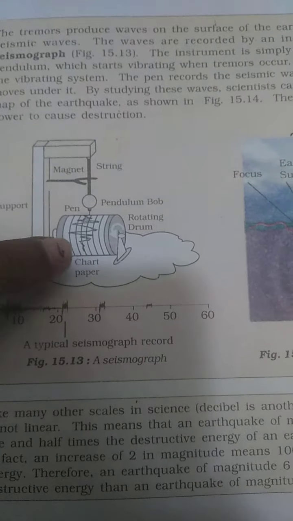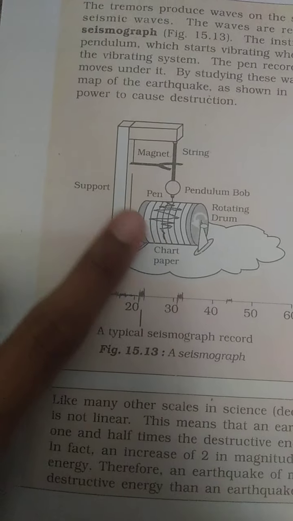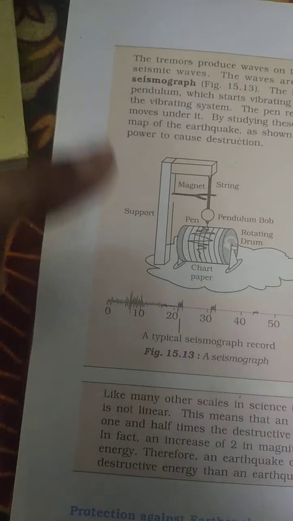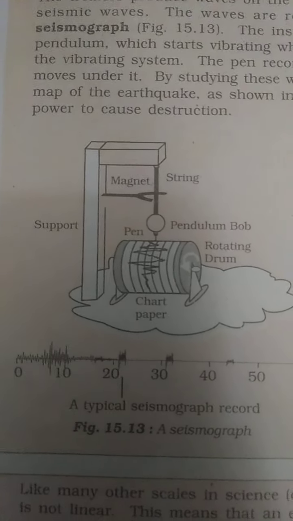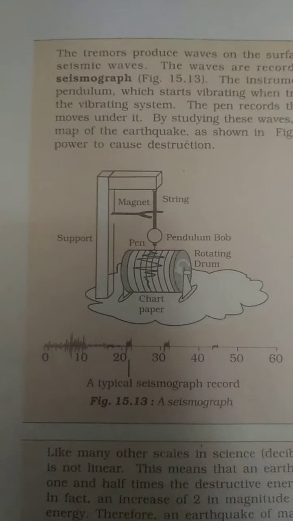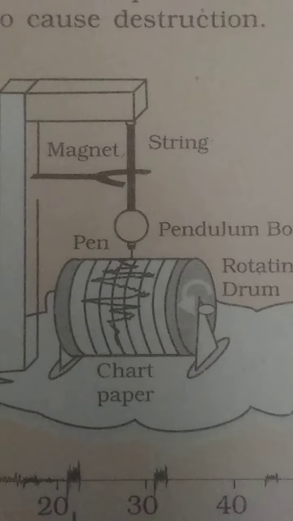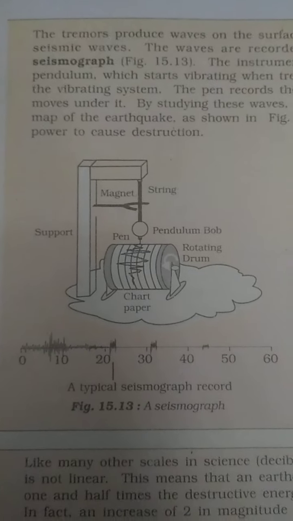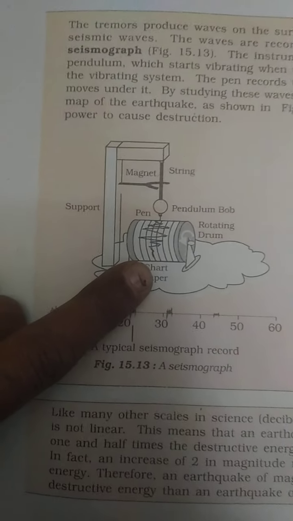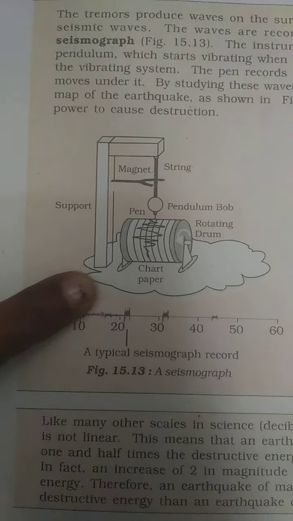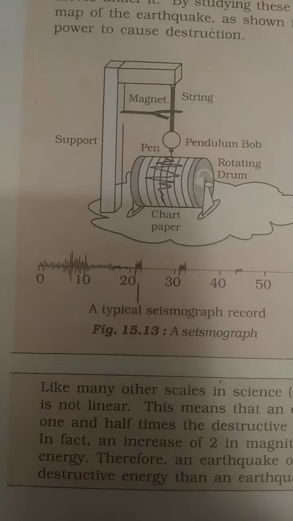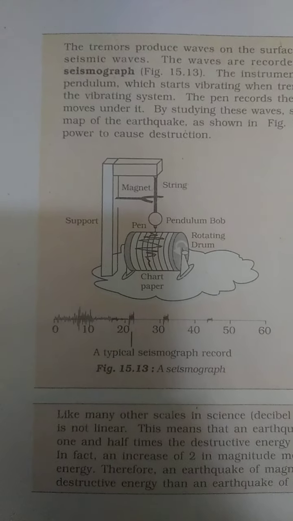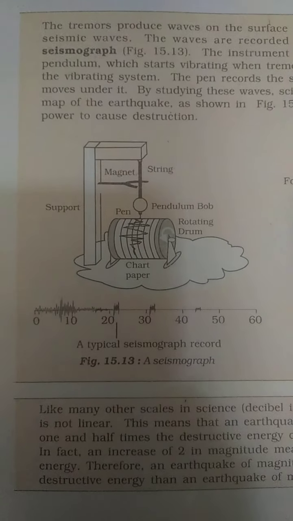With the help of the Richter scale we can find out the magnitude of the earthquake, whether it is 0 or very low. 0 means no shaking, or very little shaking. 2, 3, 4, like that it can go on, depending on the strength. If it is a very high magnitude, it will give a reading of 9, 9.5, 10. 10 is the maximum reading on the Richter scale, indicating the maximum strength of an earthquake. Okay, so these are the details.